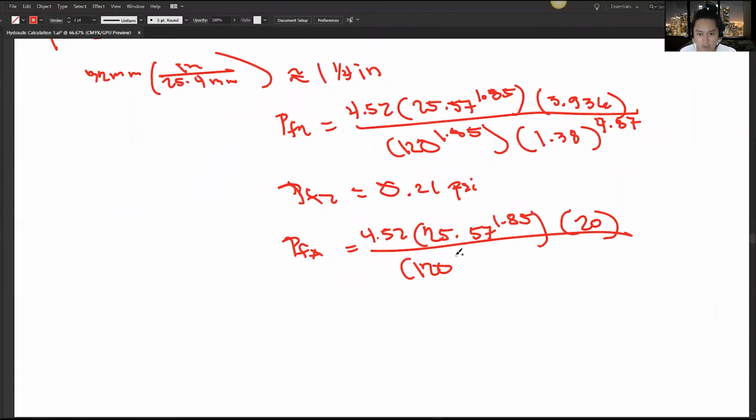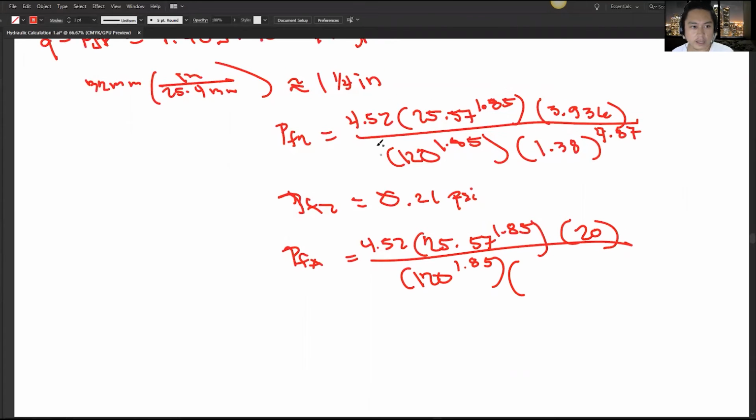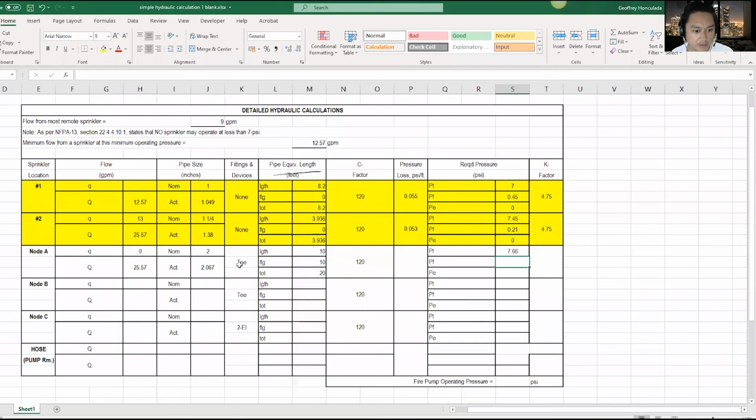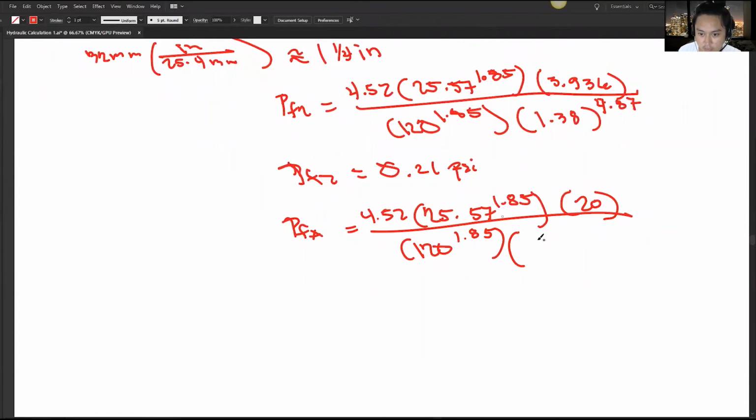So this is 120 here, raised to 1.85. You multiply that with the internal diameter. The actual internal diameter is 2.067, and we put that here,